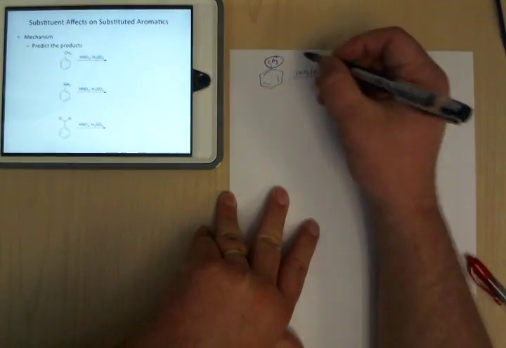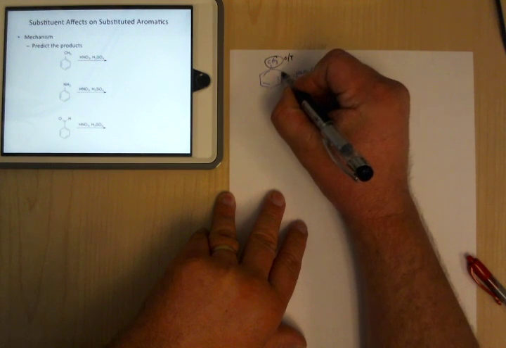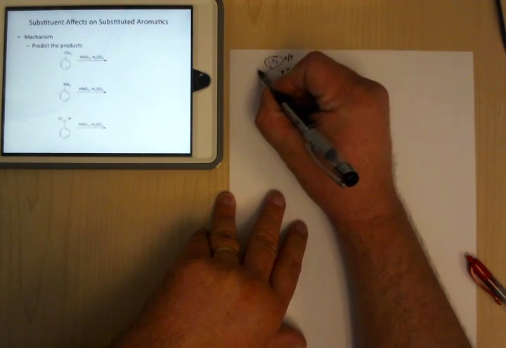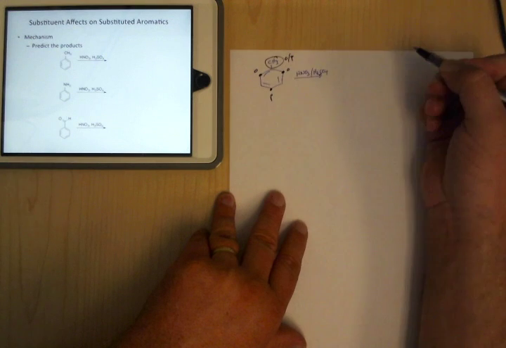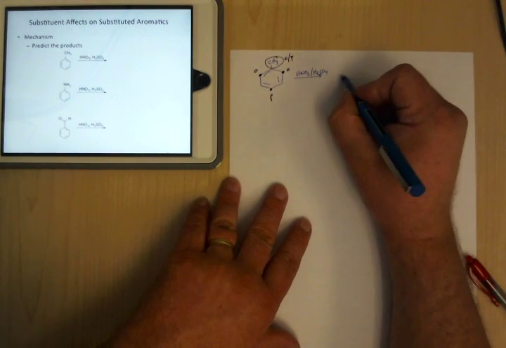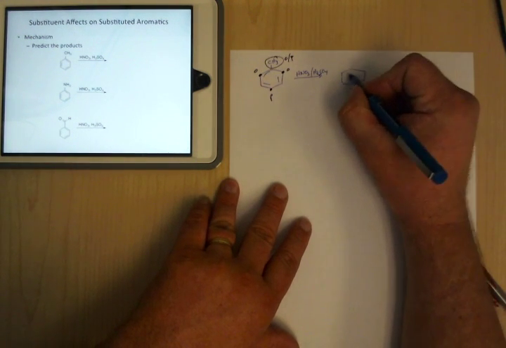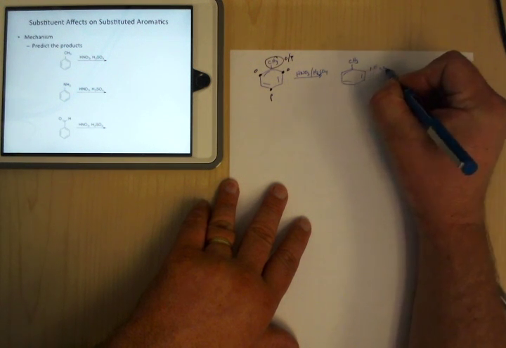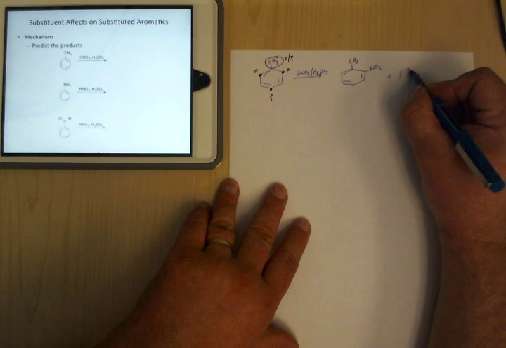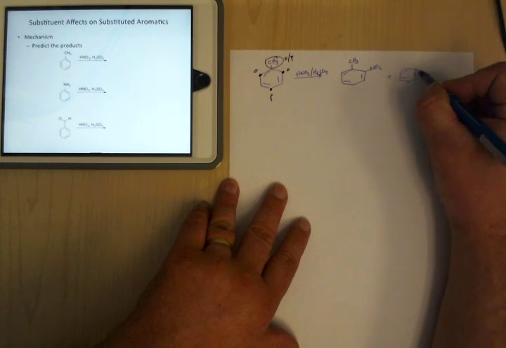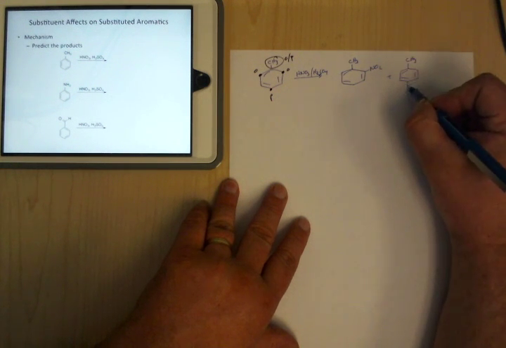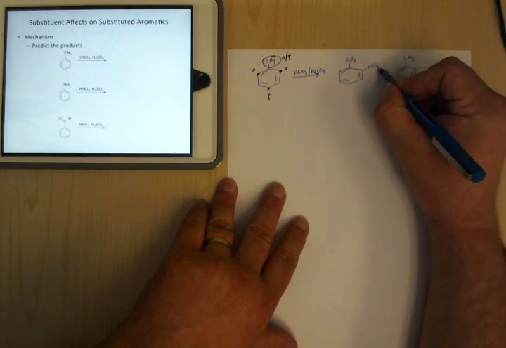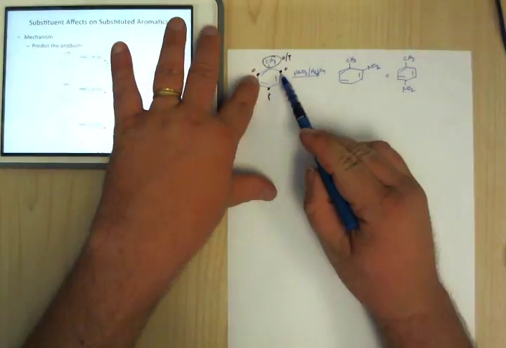If we have just regular carbon, this is ortho-para directing, so we're going to get some group that goes there, and some that goes here. We're either going to add to the ortho position